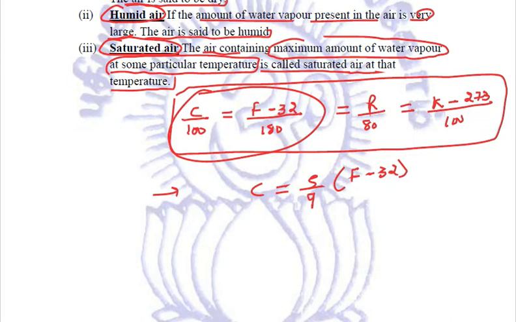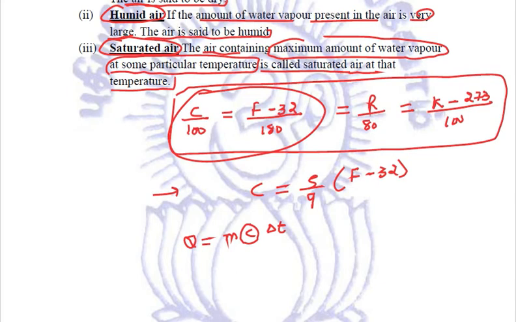And in order to calculate the heat absorbed or given, the formula was M into C into delta T, where M is the mass, C is the specific heat, and delta T is the change in temperature. Very importantly, if we needed to calculate the value of specific heat, we use the same formula, and rearranging the equation, specific heat is equal to Q divided by M into delta T.